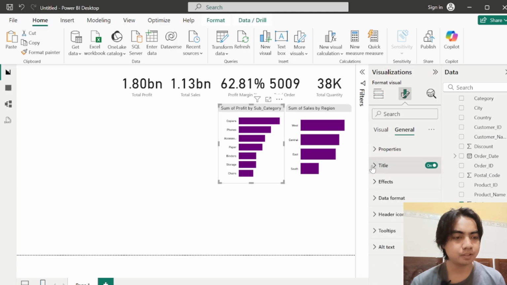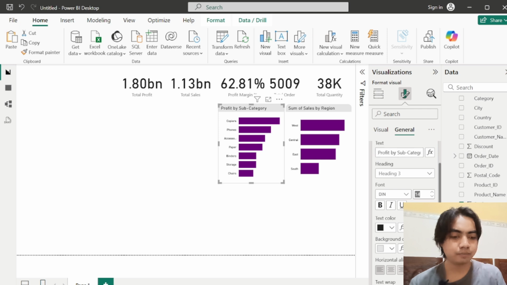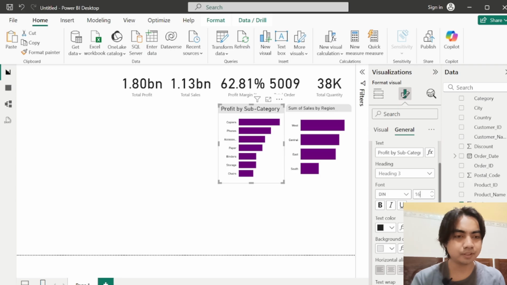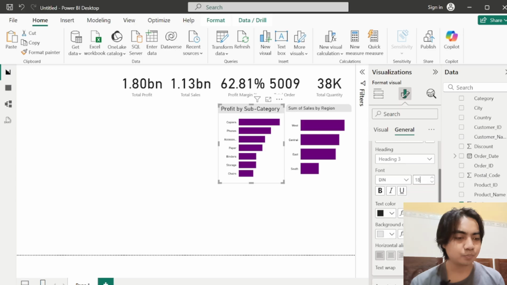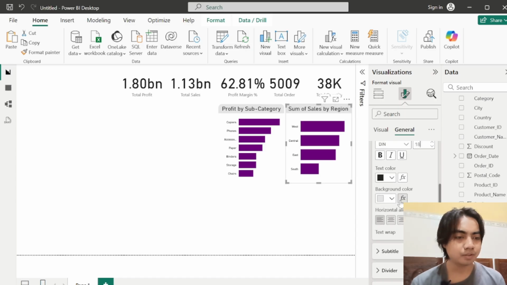For this one I want to have profit by subcategory, and let's have 18, well 16, no 18, yeah 18, and then let's put it in the middle, and let's do the same thing with this. It's going to be 18, let's put it in the middle,